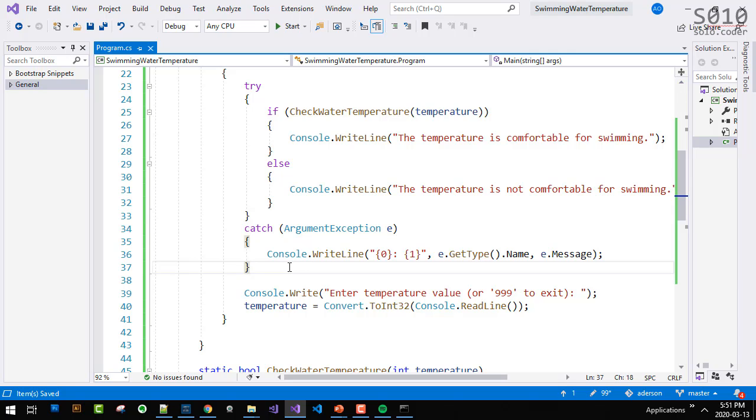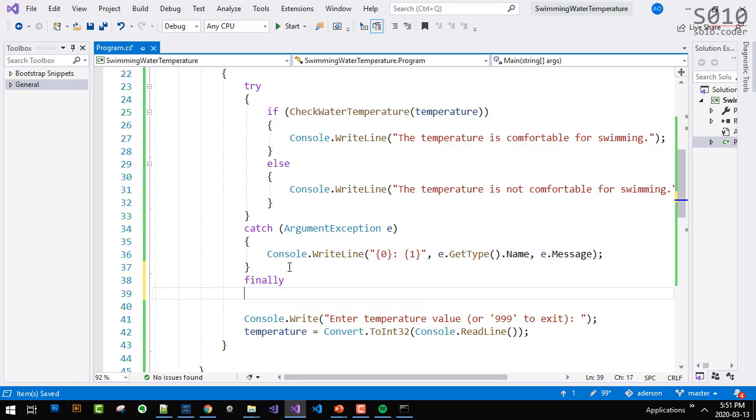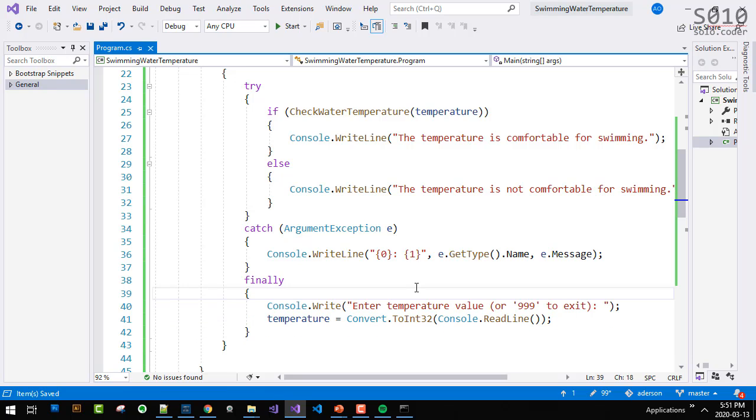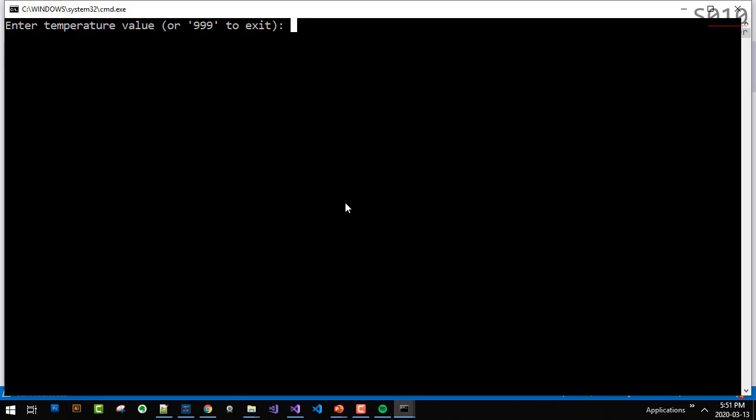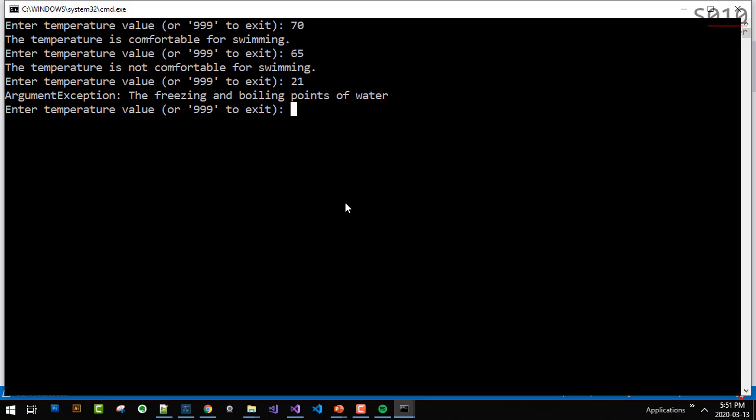It would be the same thing, to be honest, in this case, because we have a very simple case here. But we could put something like this. You could say finally, and we could put this inside finally. It will behave very much the same. It will always run. And again, it's 5 and 21.